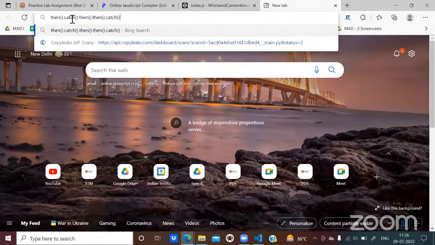Correct. Yes, sir. Now, this catch is going to return something, and whatever this catch returns is going to be caught by this then, right? This catch is going to return some value after doing all of the processing. If this does not return anything, it is going to return undefined, and this will be caught by this then. Am I making sense? Yes, sir.